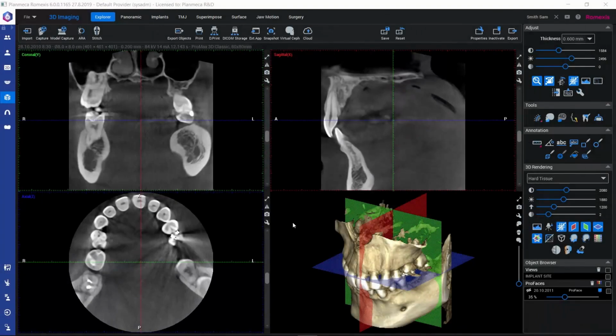Tutorial is about how we can work on the different views here in 3D module of Planmeca Romexis software. So firstly, the selection of views that we see depends on which sub-module of 3D module we are in. So for example, in panoramic sub-module, we would have the panoramic view and so on. Here in Explore sub-module, we have these basic coronal, sagittal and axial views, as well as the 3D rendering view